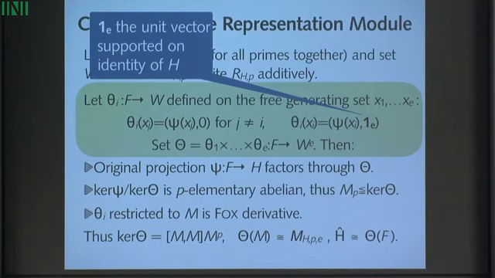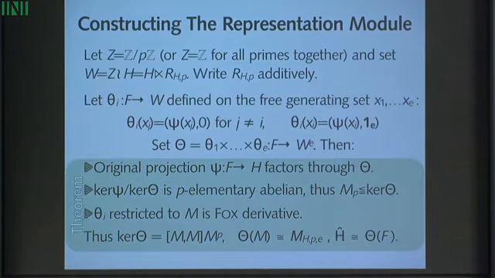Okay. So if I have E generators, I get E homomorphisms. I take their direct product, and that direct product goes from the free group to the E-fold direct product of this wreath product with itself. And because it's defined on the generators of a free group, it is clearly a homomorphism. Well, then one can show, and I won't bore you with the details, which are not hard but are just orgies of indices,